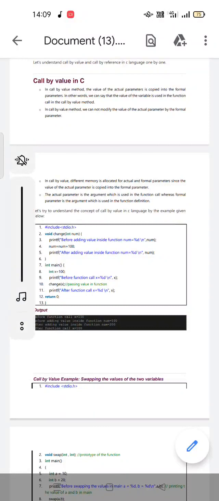Today in this session, before starting the topic called call by value, you need to write the record for your practical examination. The programs for your practical examinations are totally 16, available to you at the last of the SIA group series. We learned some of the practical questions; the remaining we will see when we start regular classes.